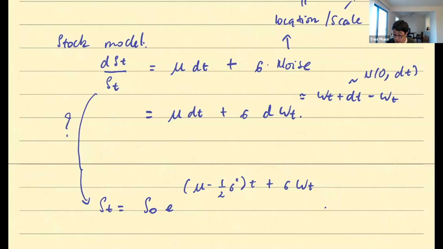And if you recall, the link without this part. Actually, one thing, imagine if sigma is equal to 0. If sigma is equal to 0, then we turn off the noise. Then notice that exactly these two parts get turned off, and this is nothing but the glorious money market account. So the addition of the Brownian motion part makes the model more complicated, more interesting, and of course actually models the stock rather than the money market account. But from some point of view, it's an extension, or a generalization, of the money market account model that you're so comfortable with. All right.